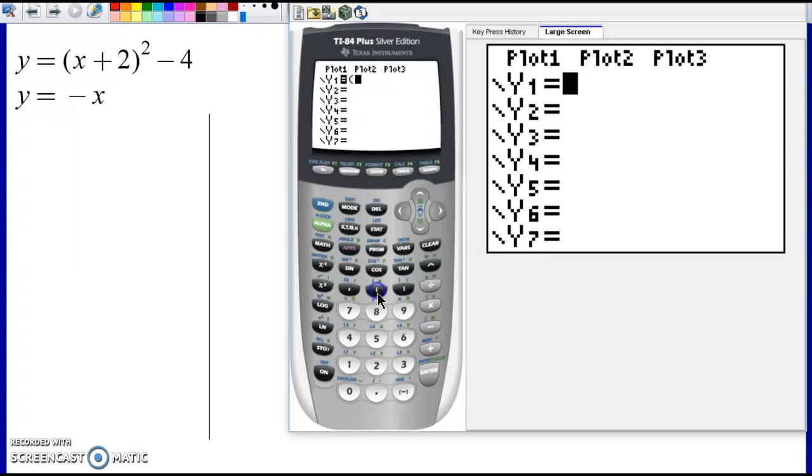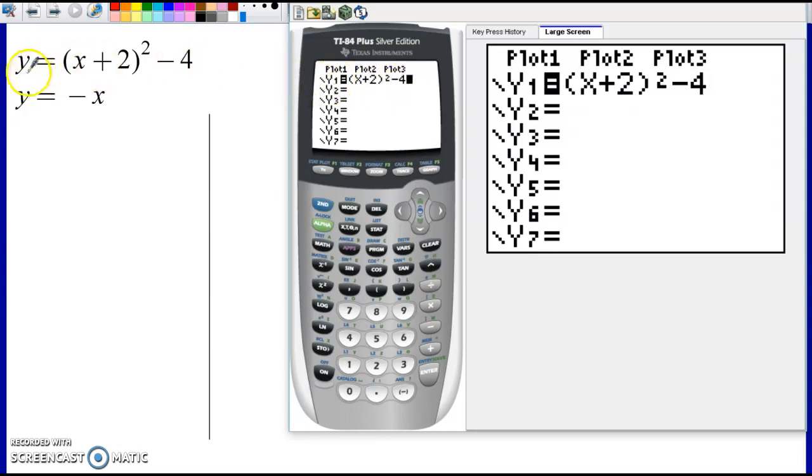So I'll use the left parenthesis, x plus 2. You see where the x button was? It's right by this green alpha. And the second button, there's x. That's how I got that. Then I have to square that. The squared button, I believe, is this one. And then minus 4. And you see how I've typed it into the graphing calculator exactly as it's written, except that